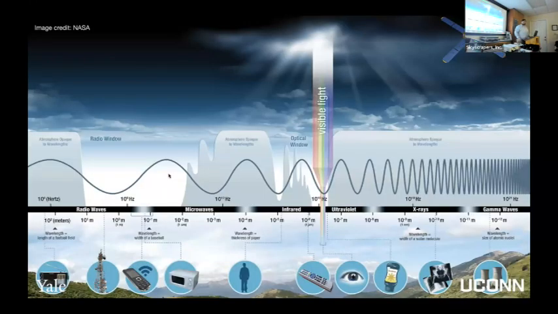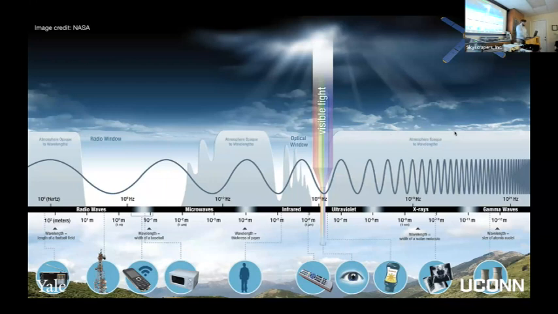So you're probably all familiar with light and electromagnetic radiation, and the fact that electromagnetic radiation comes in a spectrum. We have low frequency electromagnetic waves down in the radio, up through microwaves, infrared, visible light that we see every day around us, of course, and then going up into higher frequencies such as ultraviolet, X-rays, and even gamma waves.